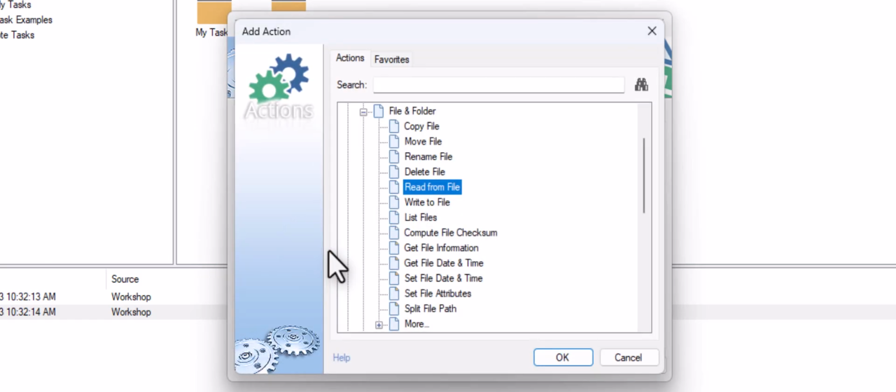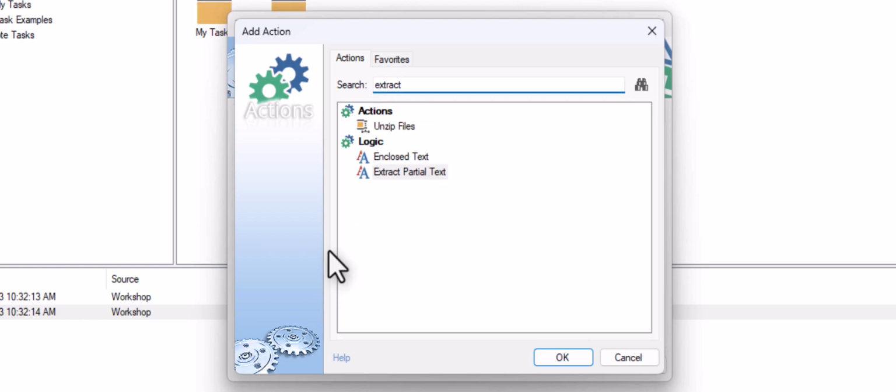Now we need to extract the dollar amount from the file. If the location of the number we are searching for were consistent, we could use the extract partial text action. However, since it varies from file to file, I'll use the enclosed text action.